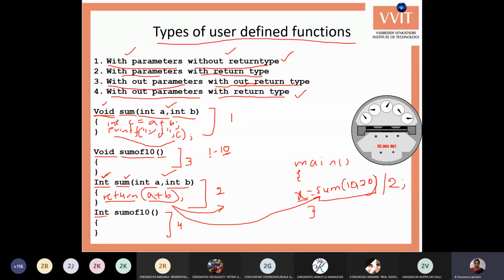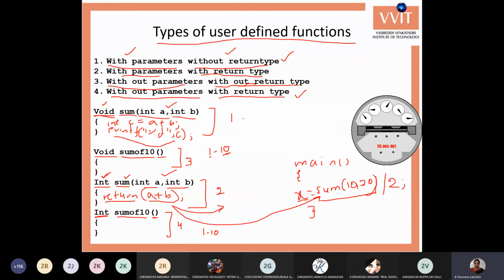Here we are returning the output value as an int and there are no parameters for the function. Sum of 10, the same 1 to 10 number sum. I am finding the sum of the numbers 1 to 10 and I am returning that sum value from the function. I write a for loop with sum equal to sum plus i, but without printing the sum value within the function, I am just giving return sum. That is returned back to the main program, and there I can use that sum value for another purpose.